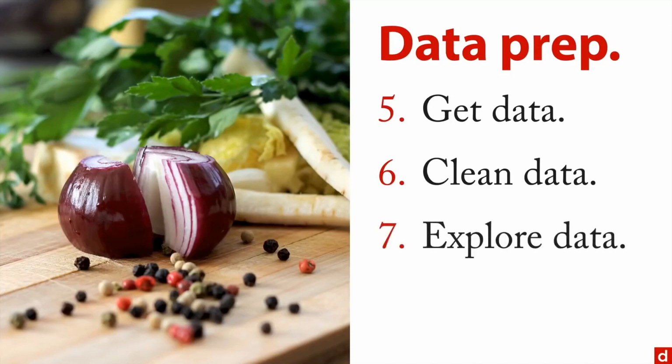That is, really see what it looks like, how many people are in each group, what the shape of the distributions are like, what's associated with what. And you may need to refine the data, and that means choosing variables to include, choosing cases to include or exclude, making any transformations to the data you need to do. And of course, these steps can bounce back and forth from one to the other.